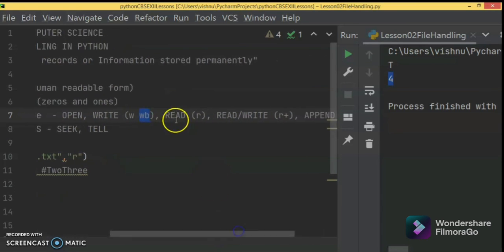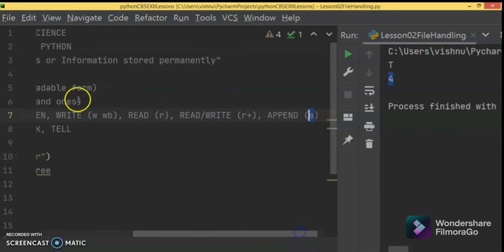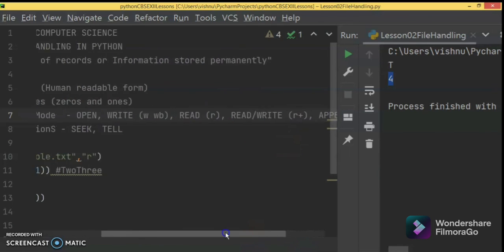Then you have the read operation. You can either read or write, and that is the R plus mode. Append is different: if you use only write, it will overwrite the previous contents. Append means it will not overwrite, it will append from the last contents. That is the difference between write and append.